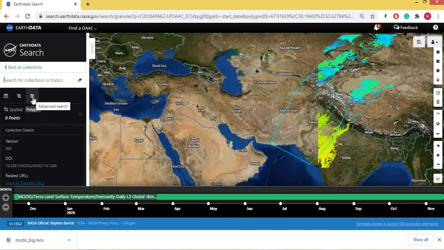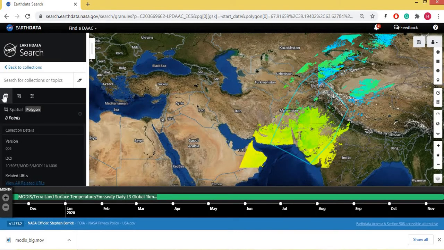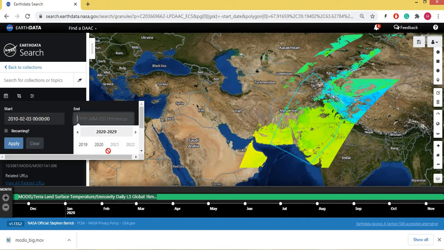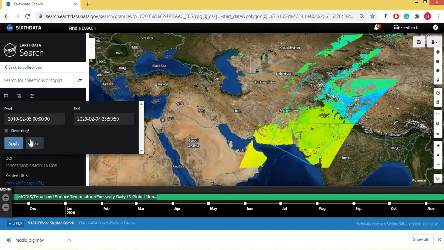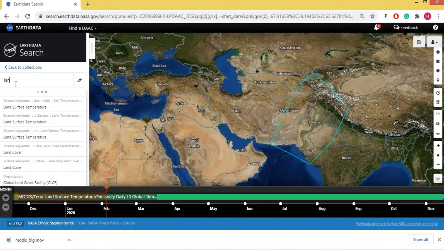And here we can select our advanced search, and here we can select the time window. If we need the data from 3 February 2019 to 4 February 2020, apply, and we will search land surface temperature.